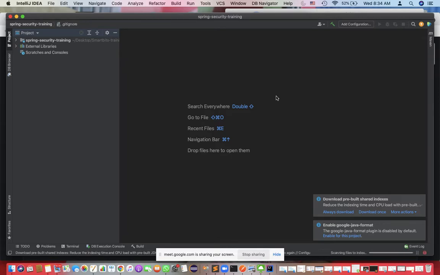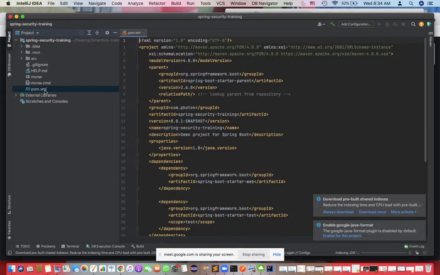Suppose you have multiple services and you want to keep them in the same repository. Assume the Spring Security training is a single project. I'll explain how you can create a multi-module project.